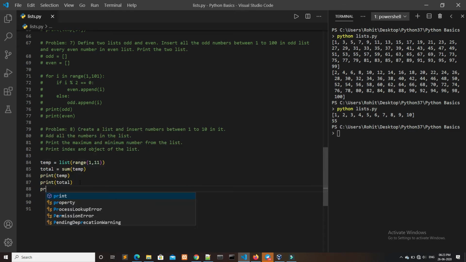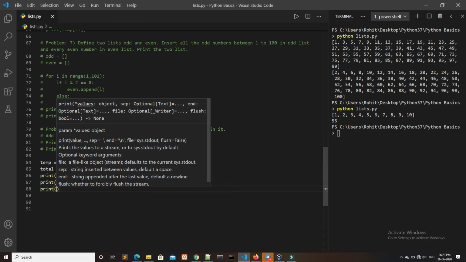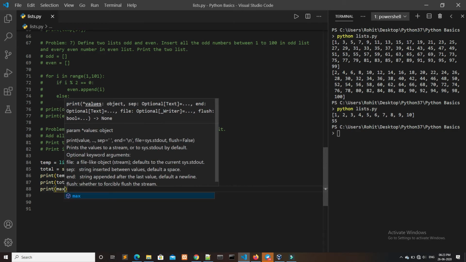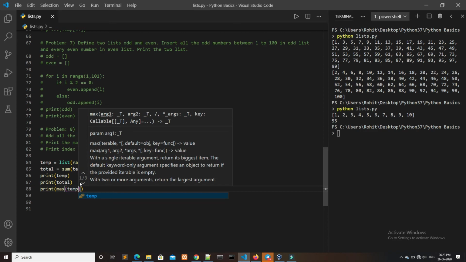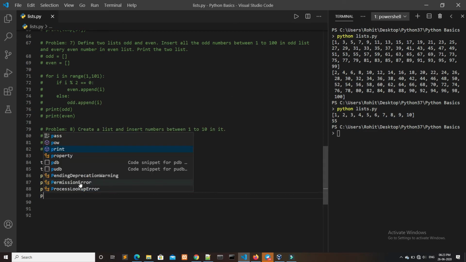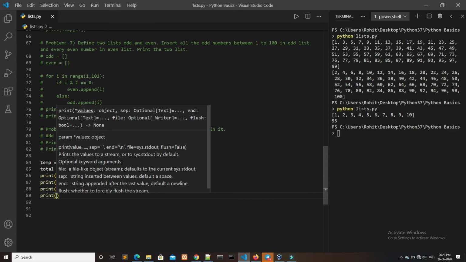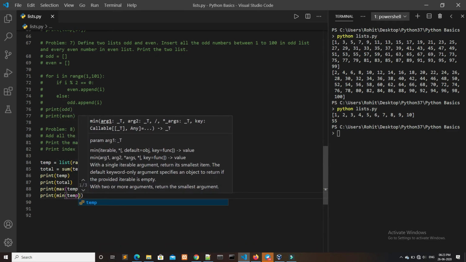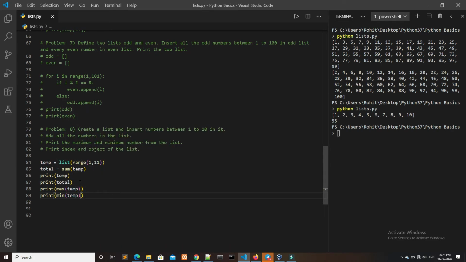To print the maximum number, we have to use the max method, that is max of temp. And to print the minimum number in temp, we have to write min of temp. Okay, to check it, I will run the command python list.py. Here we can see the maximum value in variable temp is 10 and the minimum value is 1. So this is the part 2 solution.